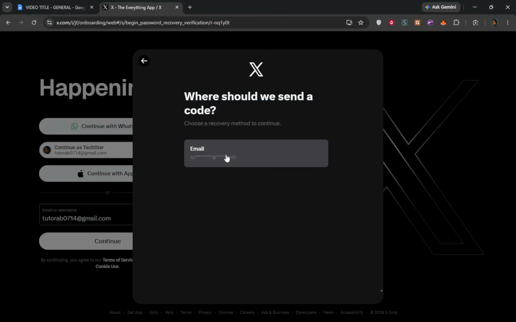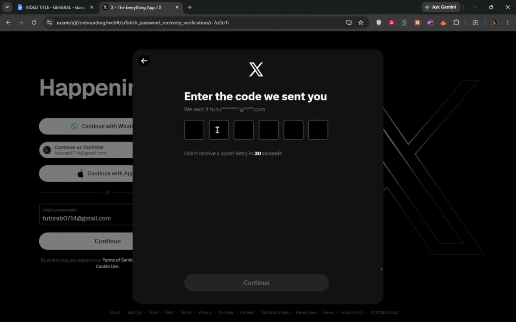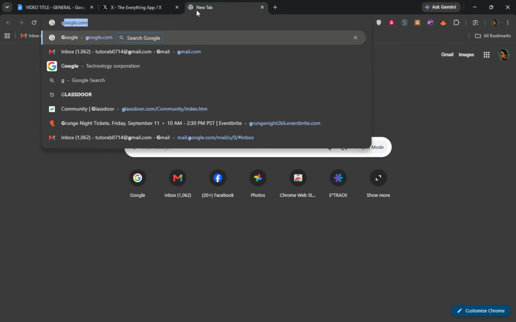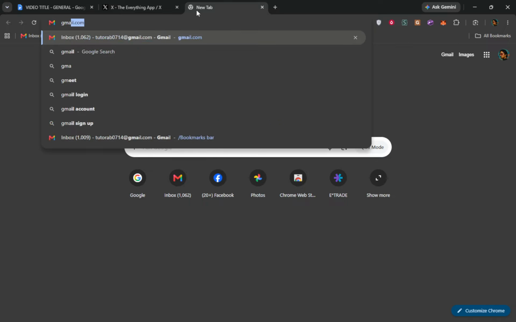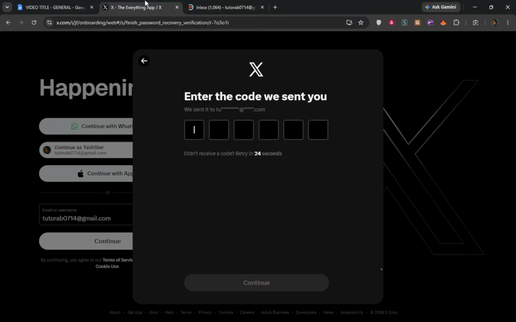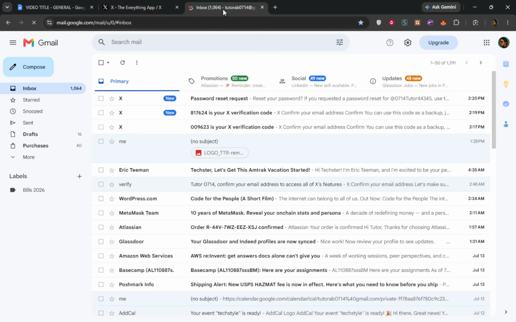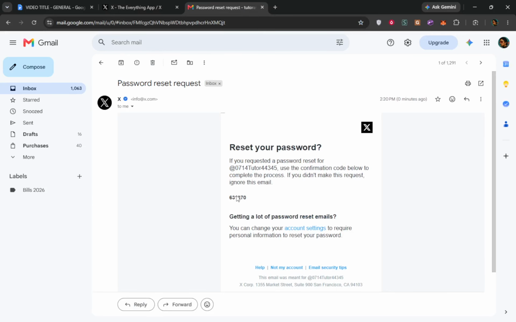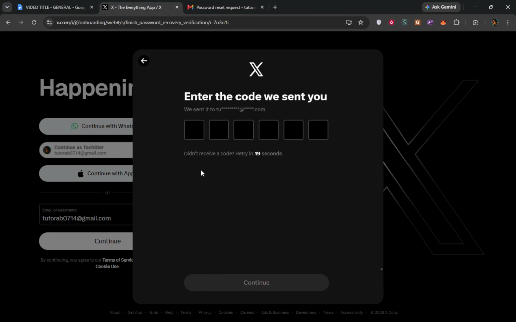Follow the recovery prompts to locate and regain access to your account. This may involve checking your email or messages for a verification code or link. Once you receive the necessary information, follow the instructions closely. You might have to reset your password or confirm your identity. Take your time during this process, as it is important to ensure your account's security. Completing these prompts helps secure your account and ensures that only you can regain access.